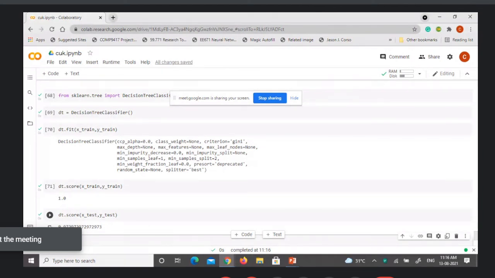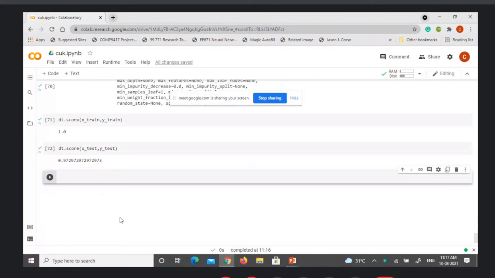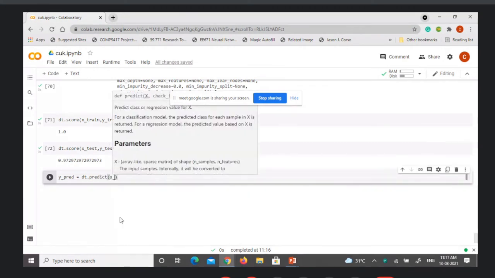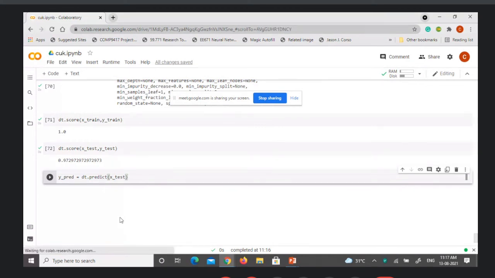And using that score we have seen, now check the predictions by y_pred equal to predict on X test.